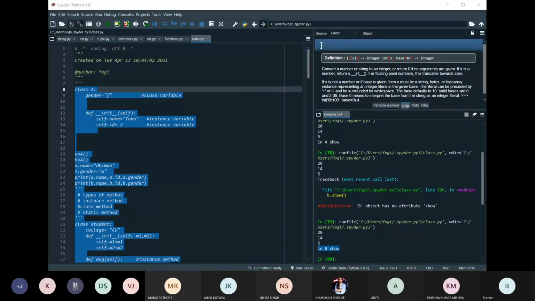Files are named locations on the disk that are used to store information, and we make use of file handling whenever we want to permanently store our data in non-volatile memory, or we can say in the hard disk. In such cases we can make use of the file handling concept.